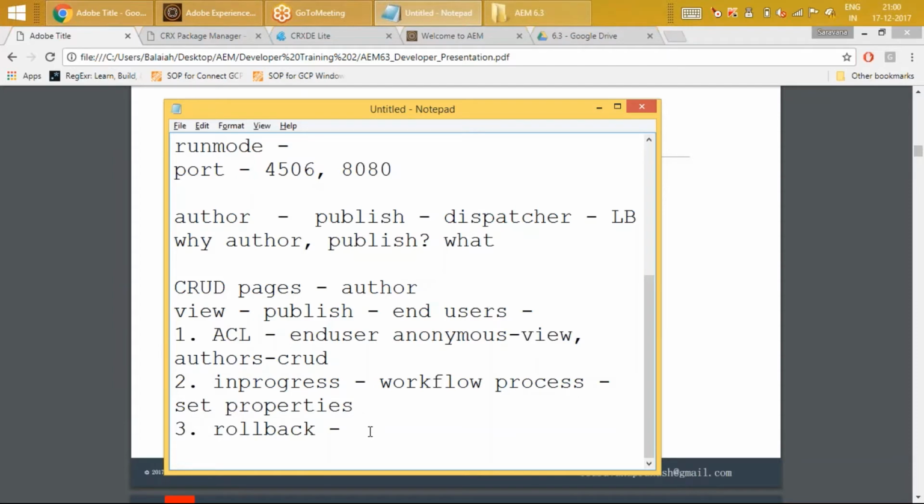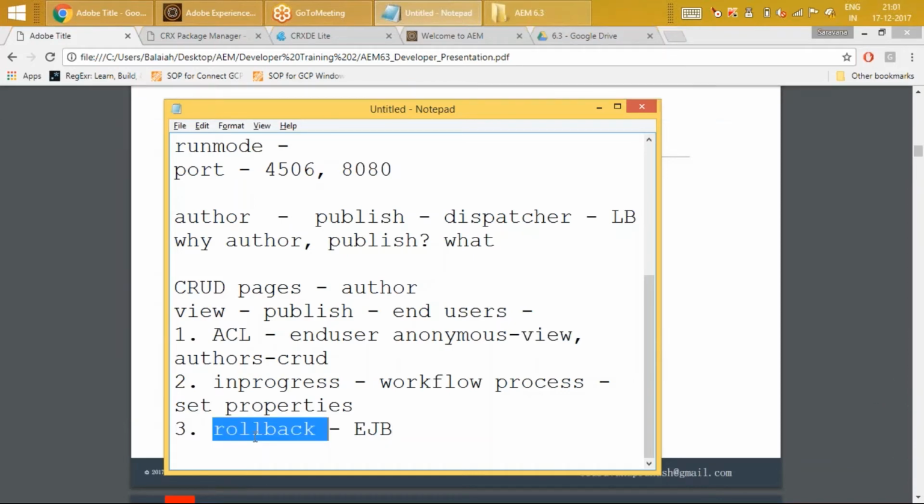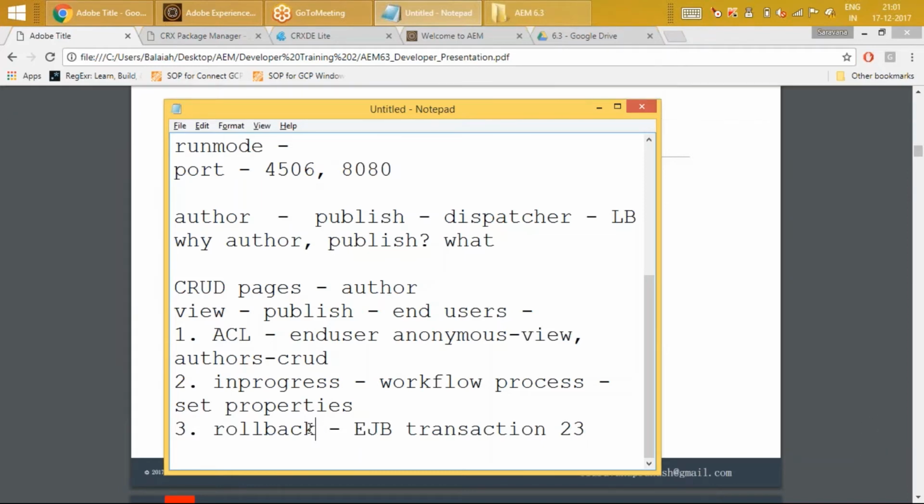You know how EJB works, right? Or if at all you have worked on EJB. EJB has a very powerful mechanism. Actually, EJB was one of the first technologies to bring this concept called rollbacking, where they manage the transaction. If some mishap happens, and I have a 2-step or 3-step process within the same EJB transaction and one of the steps gets stopped, the EJB container will take care of rolling back the completed steps also.